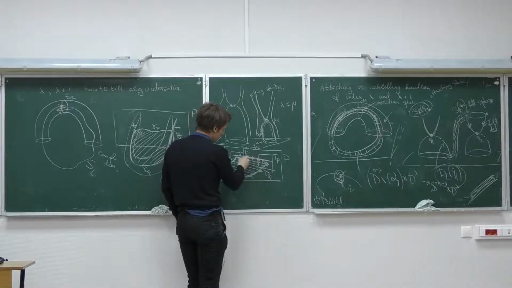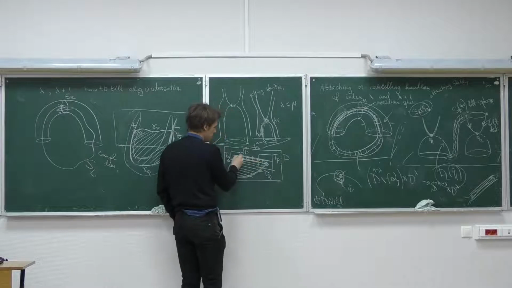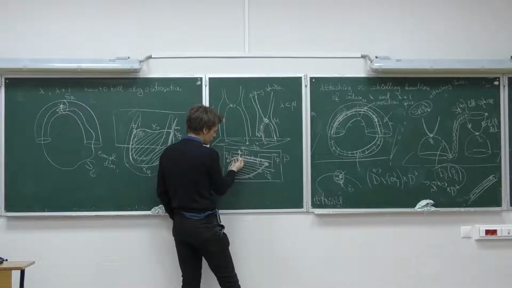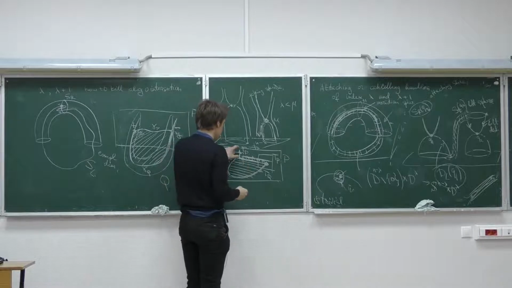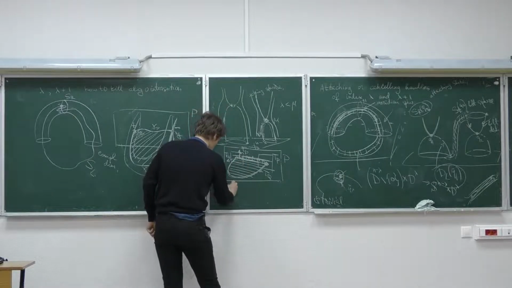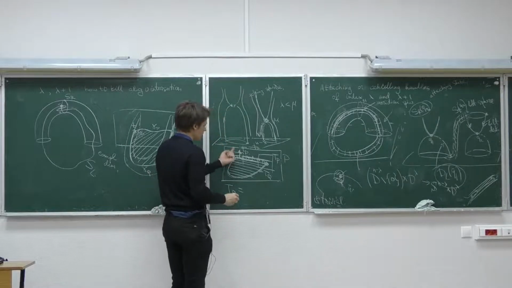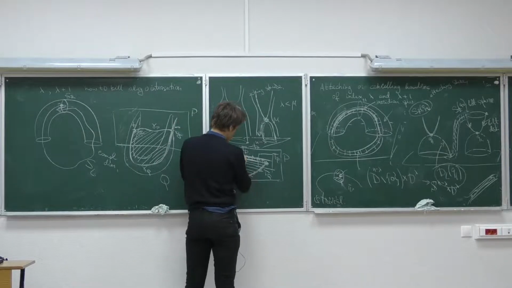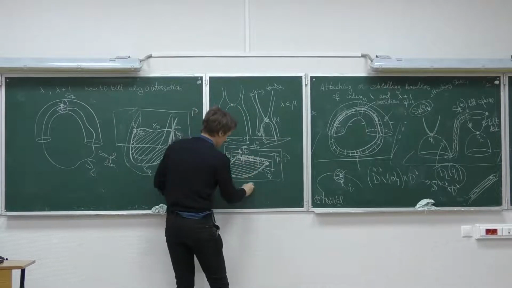You want to free this part of the disk. So you have to be able to split your tangent space in the direction corresponding to the... So here in the tangent space, you have it decomposed into the sum of the corresponding tangent space to the curve